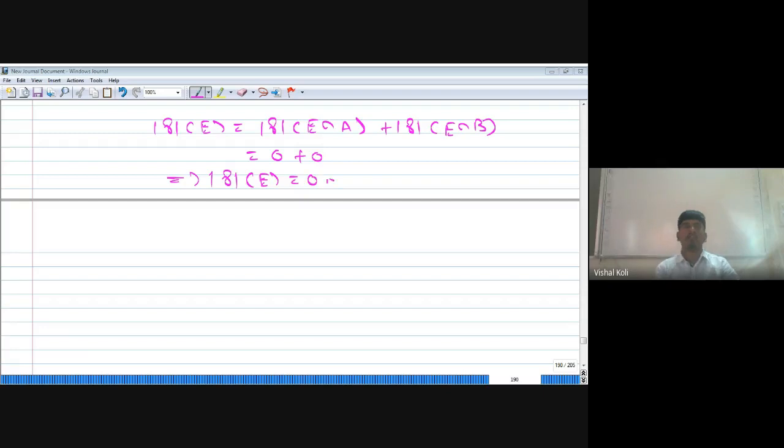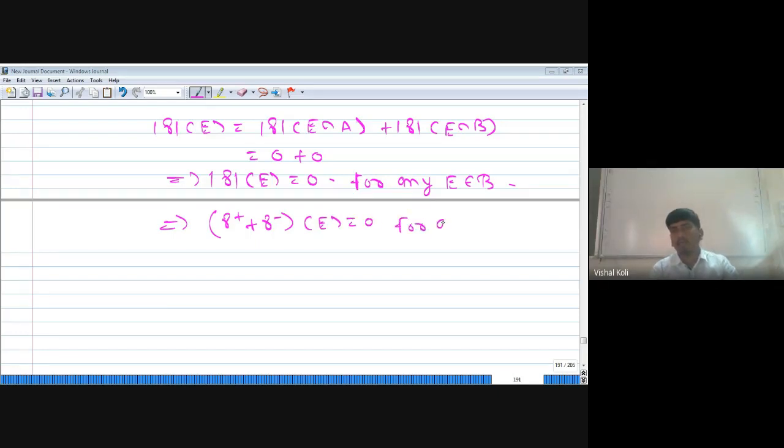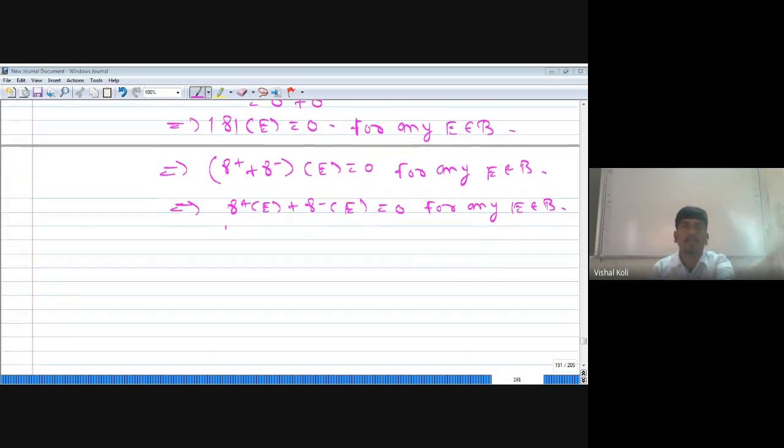is equal to 0. But total variation of gamma of E for any E belonging to curly B, since here we have chosen one arbitrary measurable set E, which implies gamma plus plus gamma minus, since it will be a total variation, of E equal to 0 for any E belonging to curly B. Okay, which implies gamma plus of E plus gamma minus of E equal to 0 for any E belonging to curly B, which is true for any arbitrary E, then it is true for every E belonging to B, which implies gamma plus plus gamma minus equal to